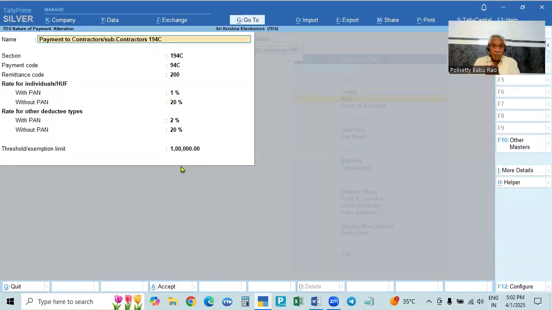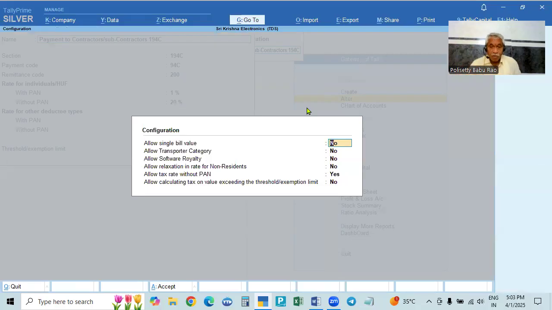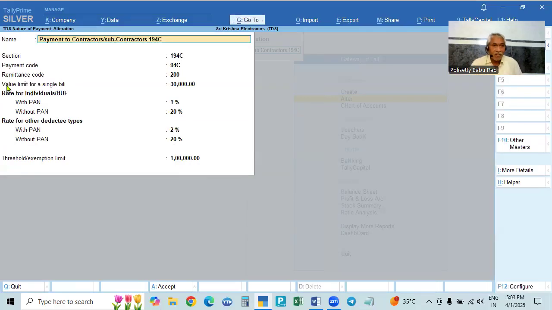One is for each individual bill, and one is the aggregate for 1 year. In all other cases, there is only 1 limit for the whole year. Here, one is for individual amounts and the other is the total amount. After the number, the option should be there. To get that option, go to F12. Allow single bill value: yes, to make it a single bill value.